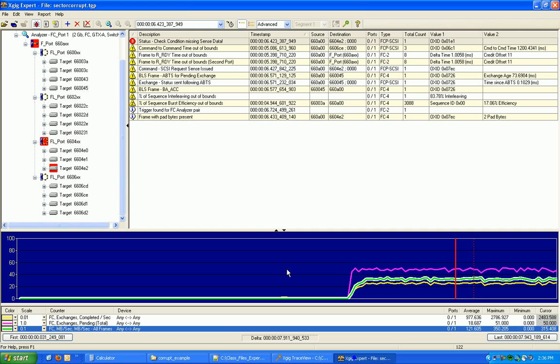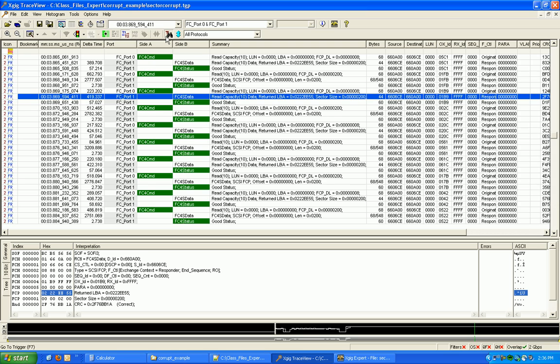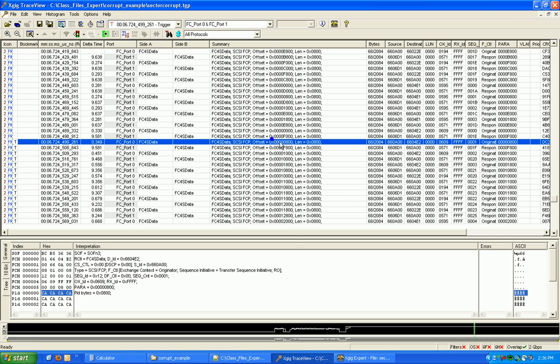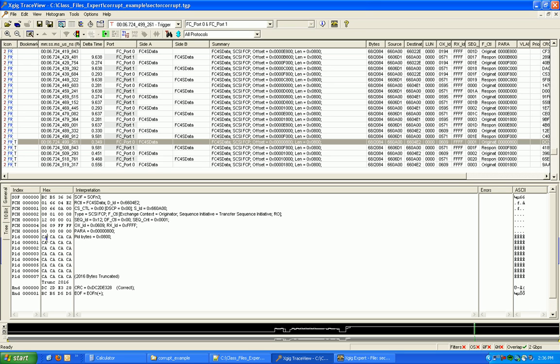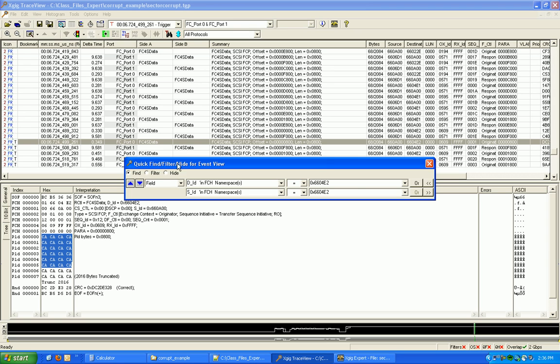To do so, I'll just use the trigger, and my trigger is going to end up on a frame here, and basically that's the Medusa test tools trigger. We tell it to write that whenever it goes in there. So there's my trigger data frame here, and I can double click the source destination now,